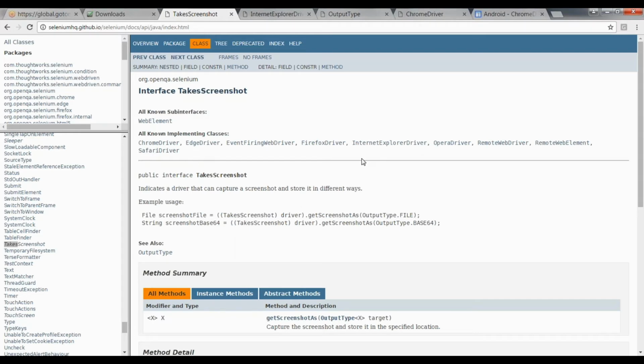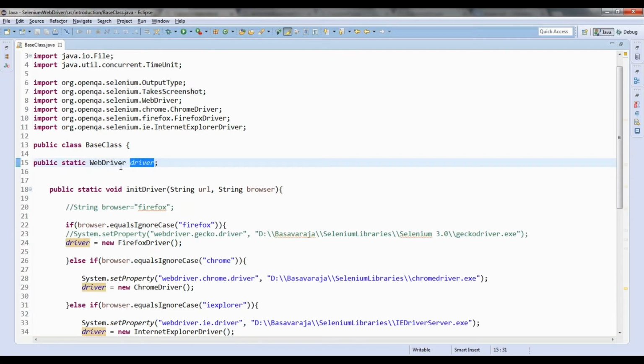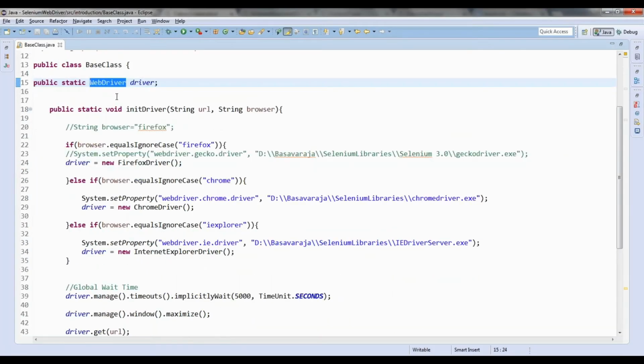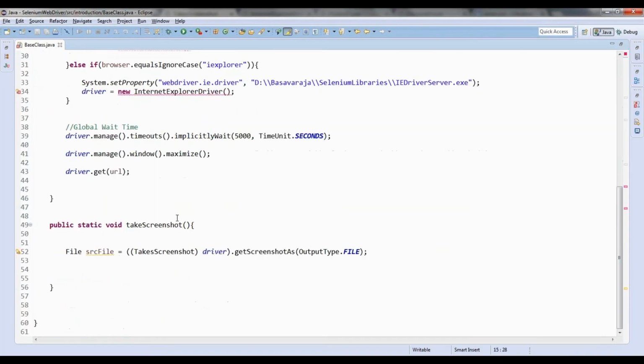So if I write, instead of WebDriver, Firefox driver, then I can directly access that method. I don't have to typecast that.